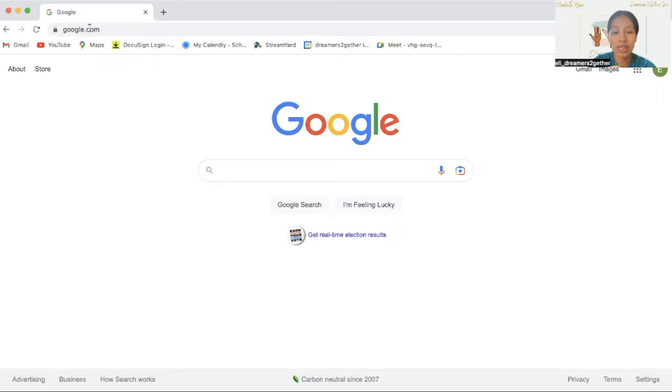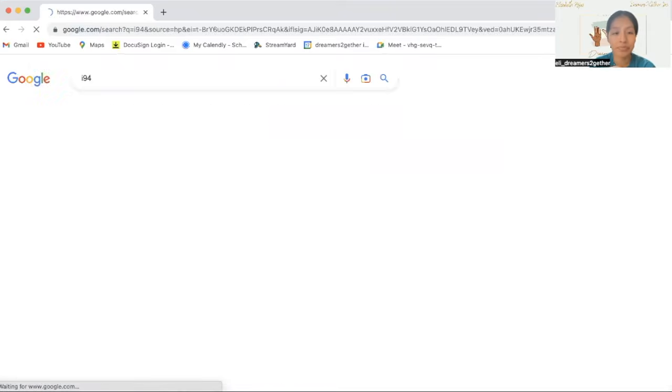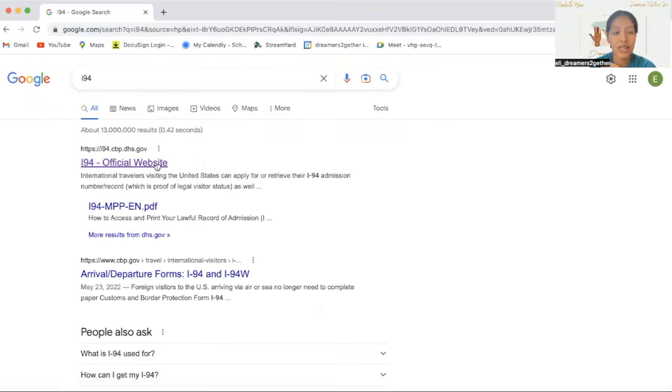We're first going to go to Google and type in I-94. Then it's going to take us to these options. We're going to click on I-94 official website from